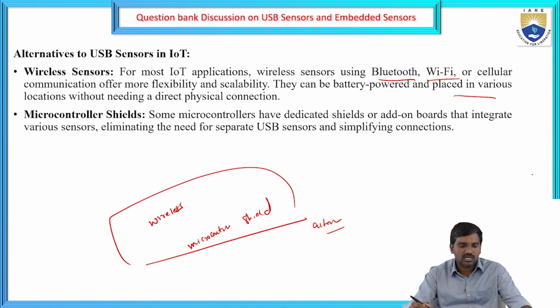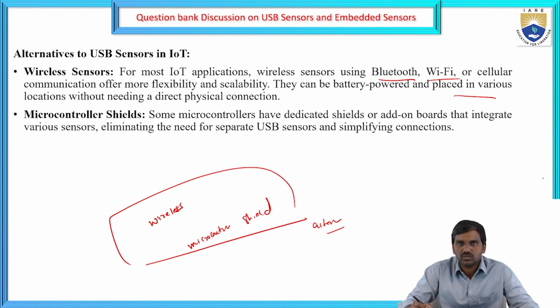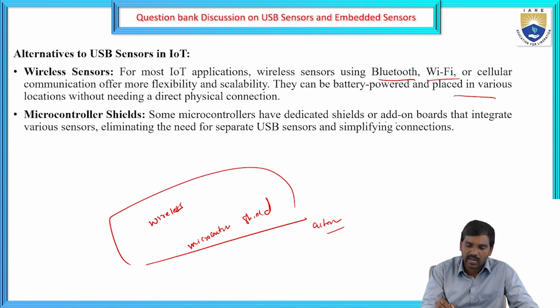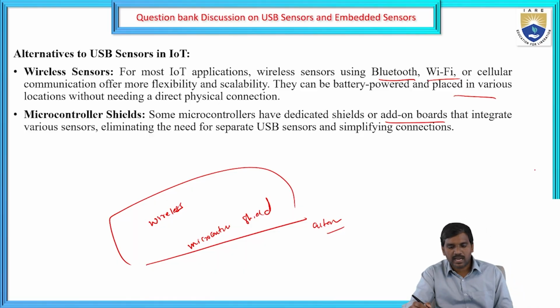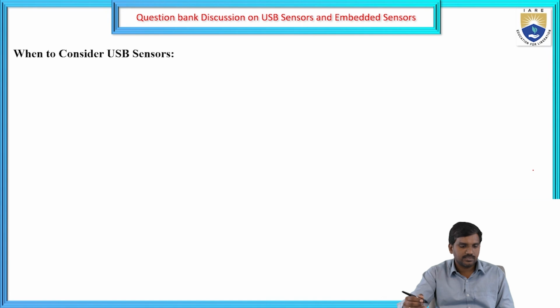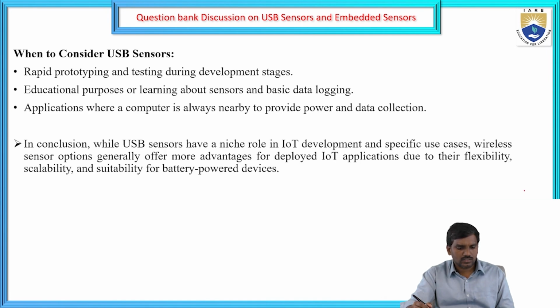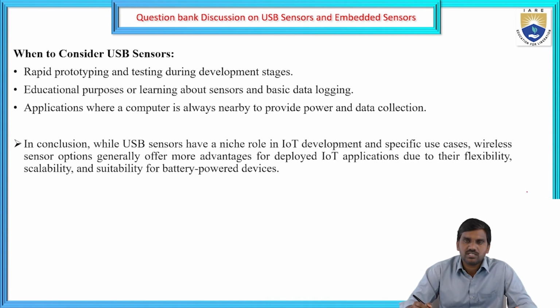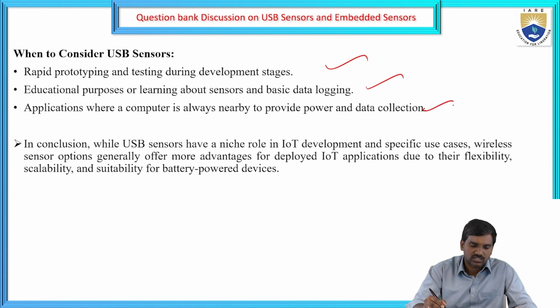And a microcontroller shield is also one of the alternatives to a USB sensor in IoT. Some microcontrollers have a dedicated shield to add on boards that integrate various sensors, eliminating the need for separate USB sensors and simplifying connections. And when to consider USB sensors, we have three considerations here: rapid prototyping and testing during